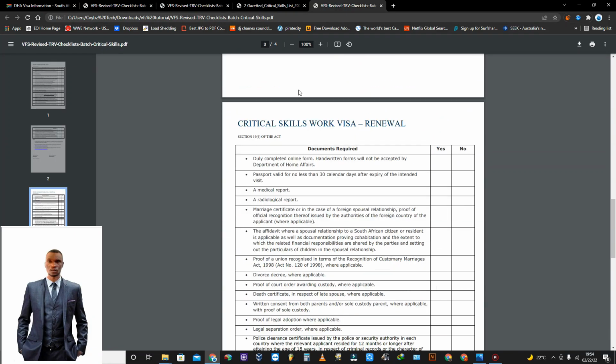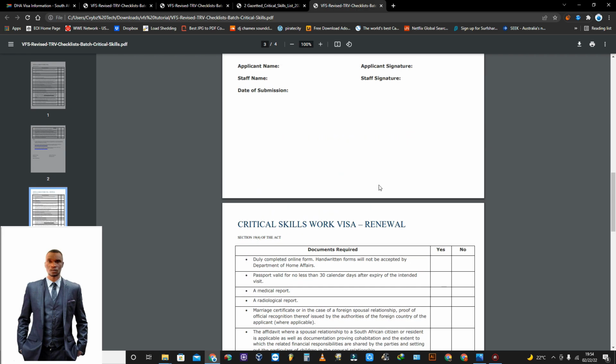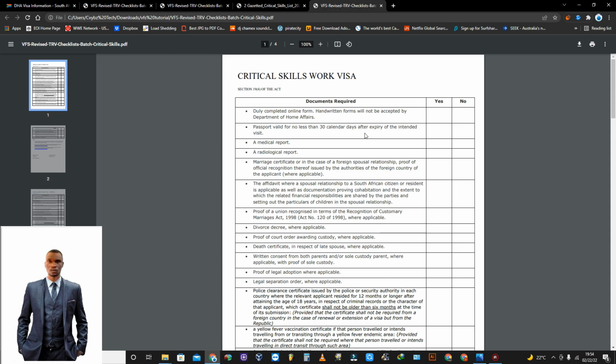But if you are renewing, unfortunately this tutorial is not for people who are just renewing their critical work visas, because they already know how to go about it. So the first thing that's required is a completed online form, which some people are finding difficult to fill. Part 2 of this tutorial is going to show you how to fill this online form. Okay,